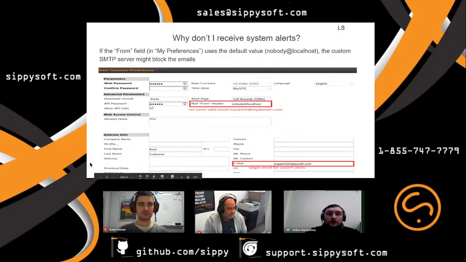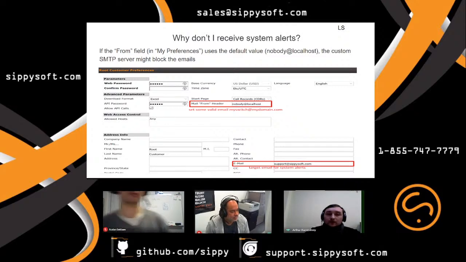I'm drawing your attention to the fact that those fields marked in red will be seen only under the root customer's preferences menu. So the switch operator should open this page and specify the mail from header.